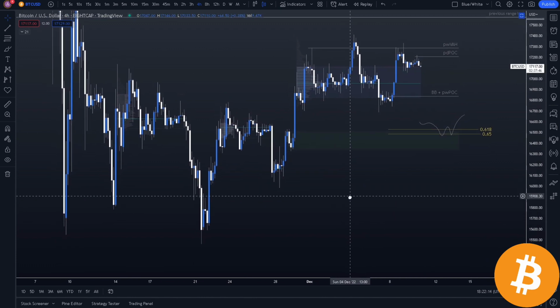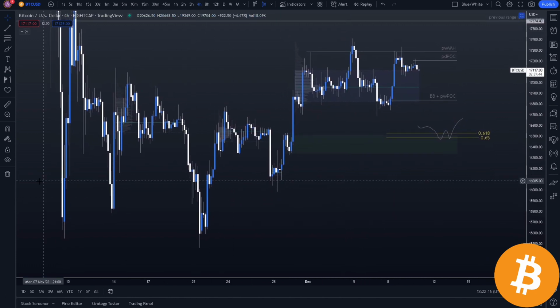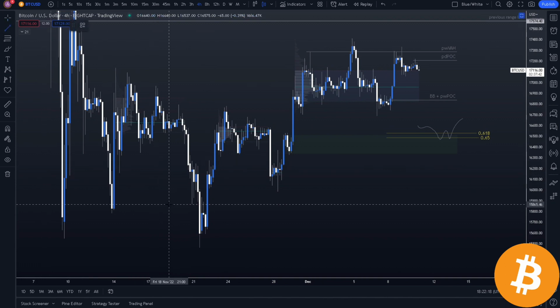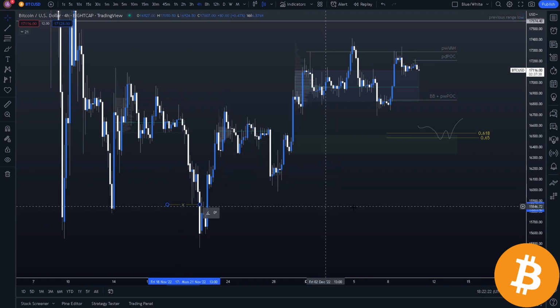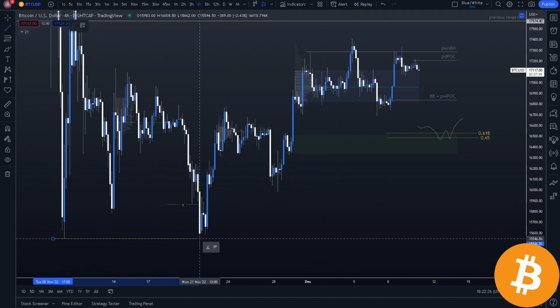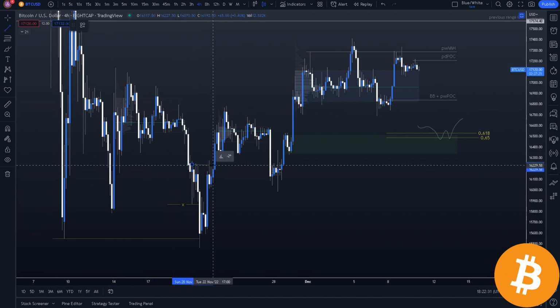So in terms of higher time frame outlook, we're probably just going to stay on the 4 hour here. And I just want to show that we still have bullish order flow. So we had a sweep right here. We just swept out a lot of liquidity. We actually swept out all the liquidity back here from, when was this, November 9th. And then we have our change of character,